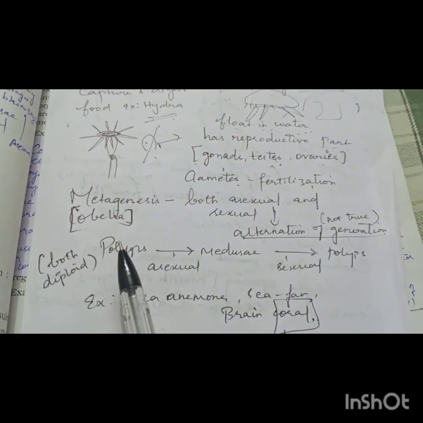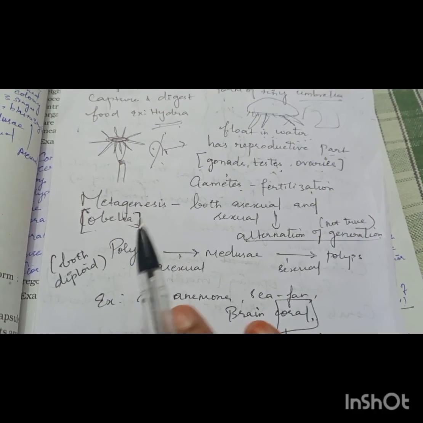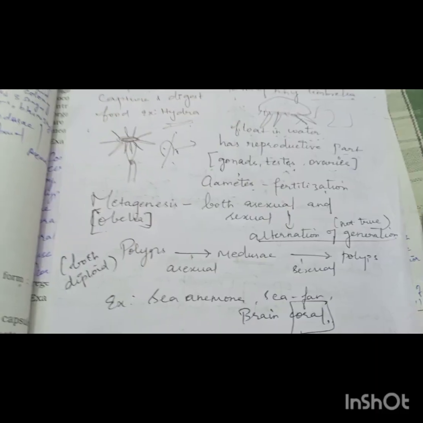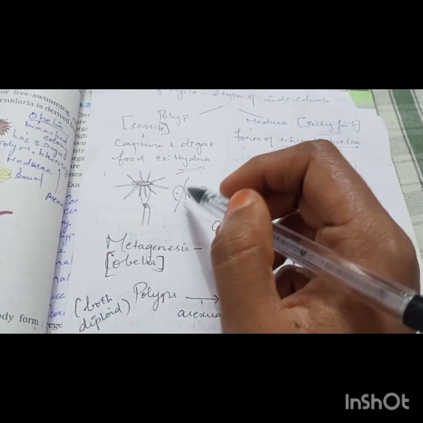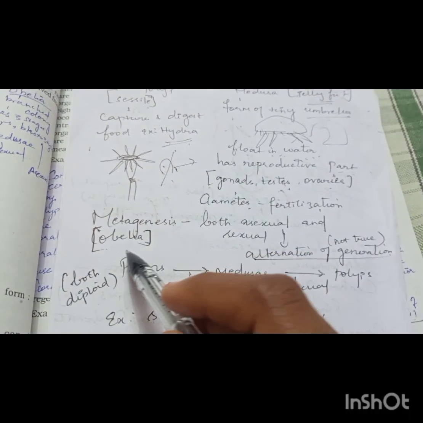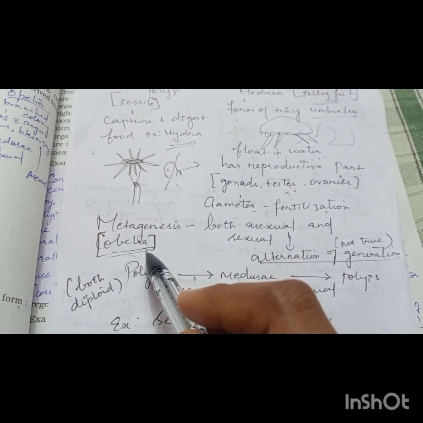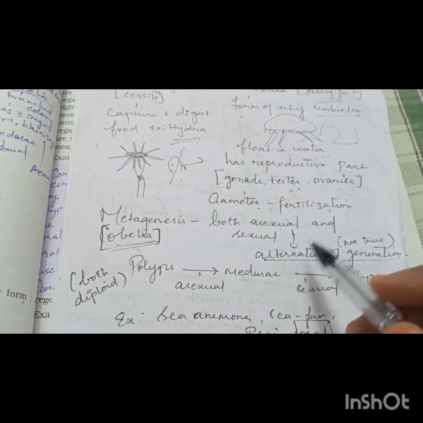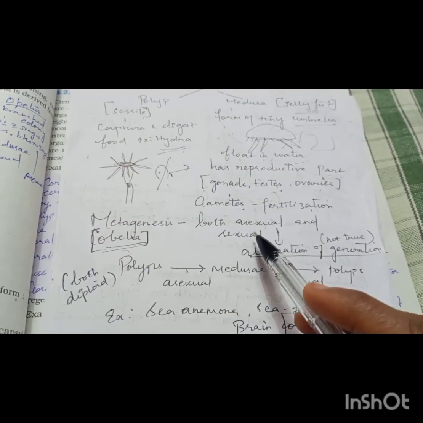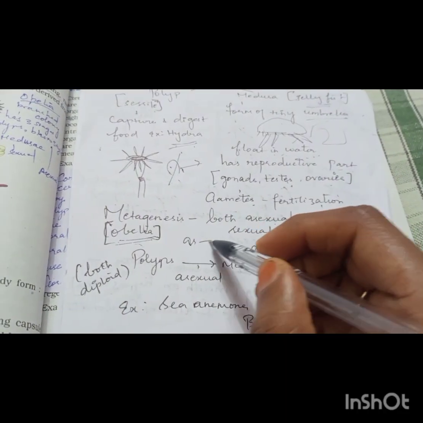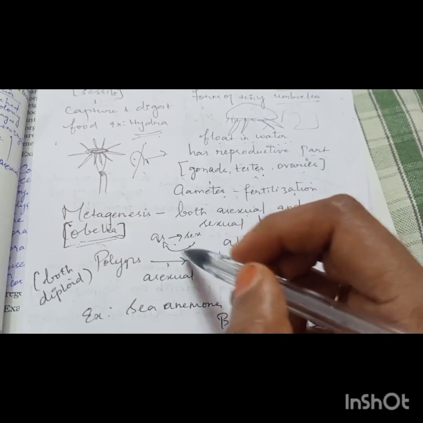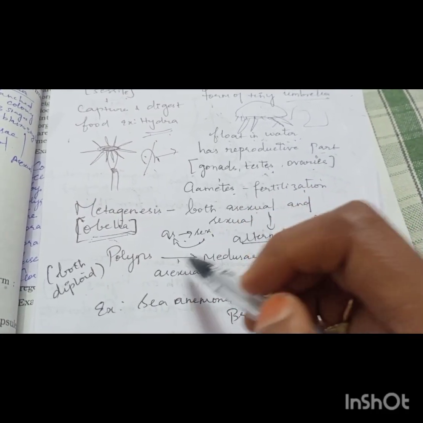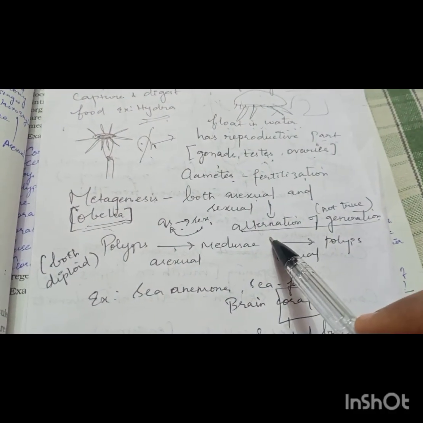There are some groups of organisms or some species in which both sexual and asexual reproduction take place. Here the asexual reproduction means a body regeneration from a body part. For example, in the case of the species called Obelia, both asexual and sexual reproduction take place. Here the asexual phase will alternate with the sexual phase. So asexual will give rise to sexual, and this sexual phase will give rise to asexual. In this way, a cycle will be formed: asexual organism to sexual and sexual organism to asexual, and this kind is known as alternation of